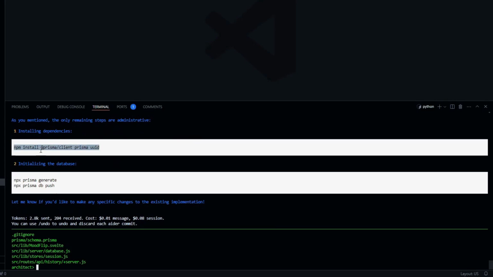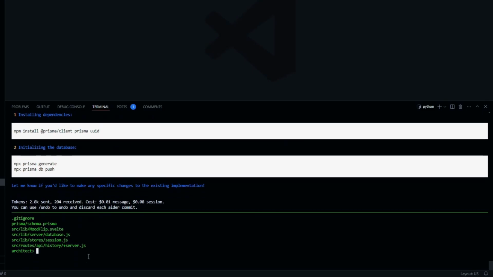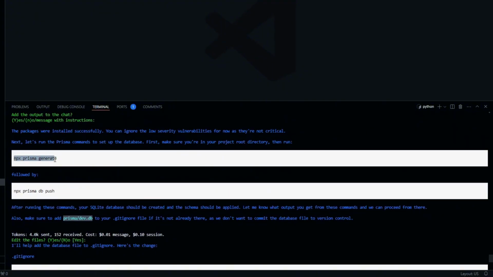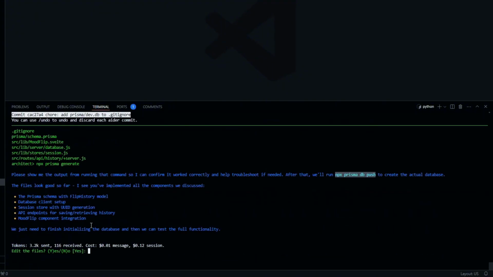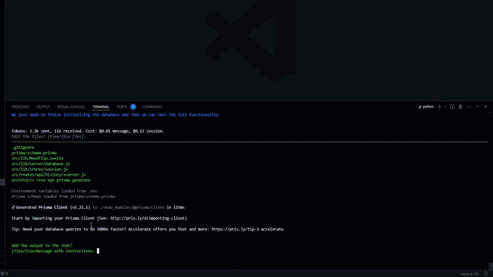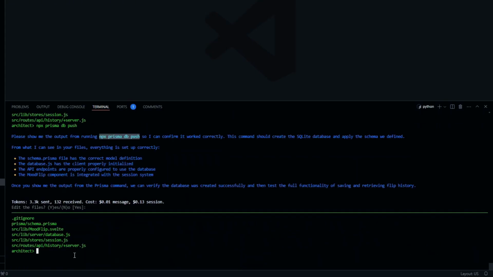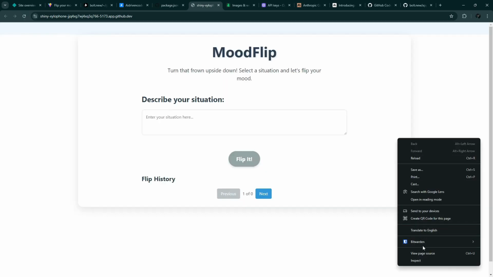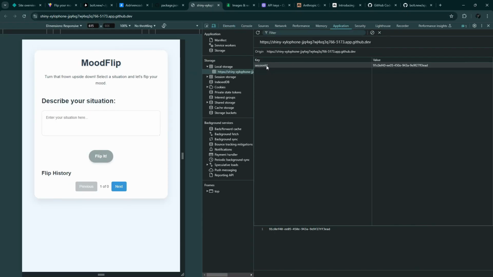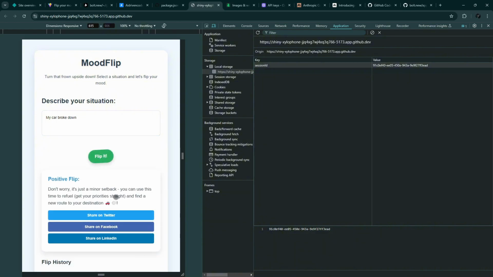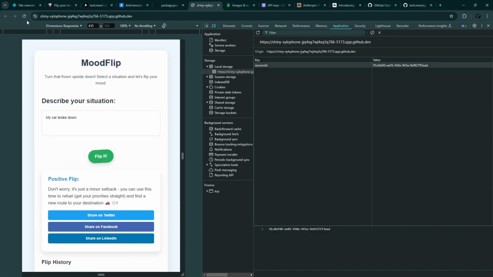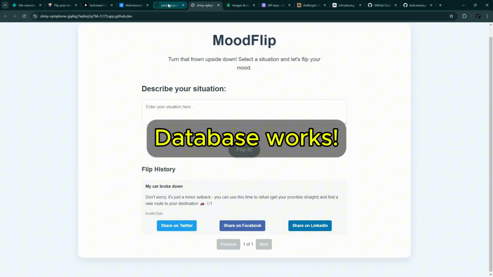Now let's run this manually here. Let's run this. npx prisma generate. Let me cancel. Let's run the next one. I keep forgetting to add /run. Let's refresh. Let's see if local storage will change. It didn't add anything in the storage location here, but if we refresh, it's still there. Our backend is now working.